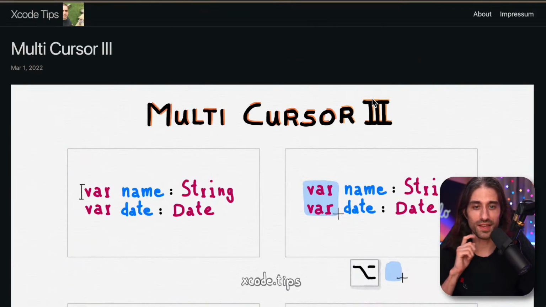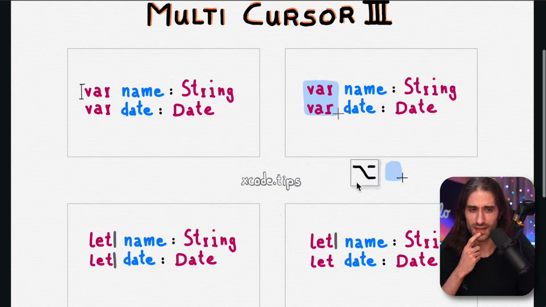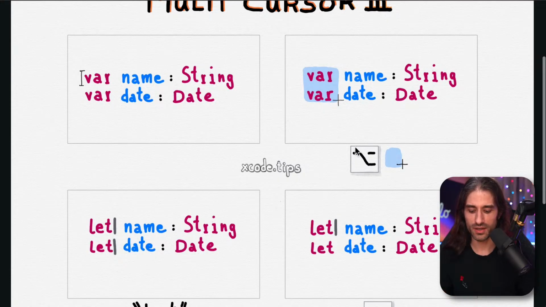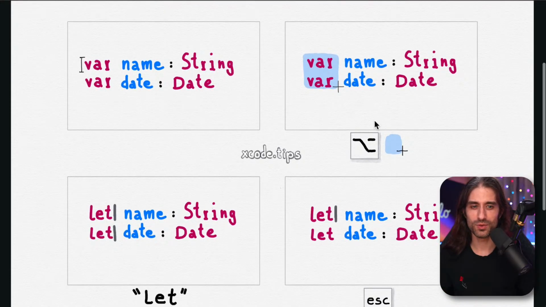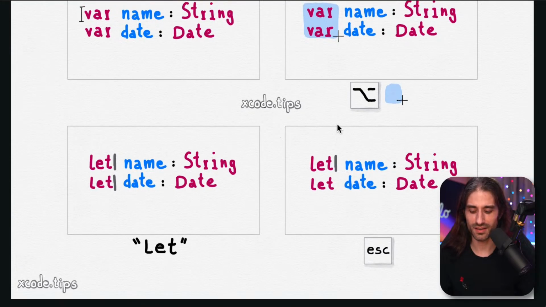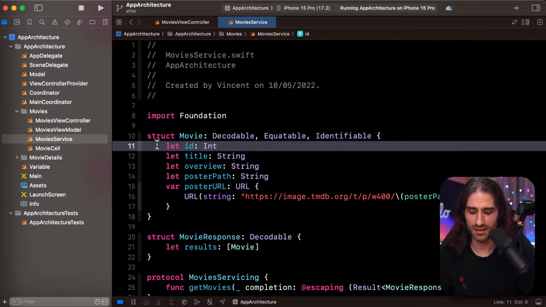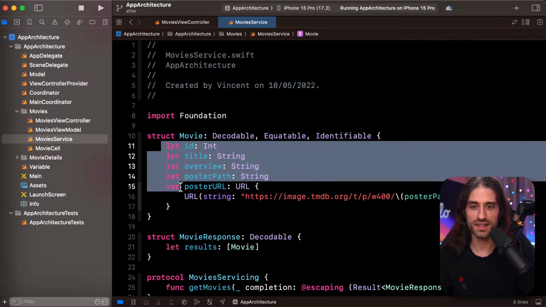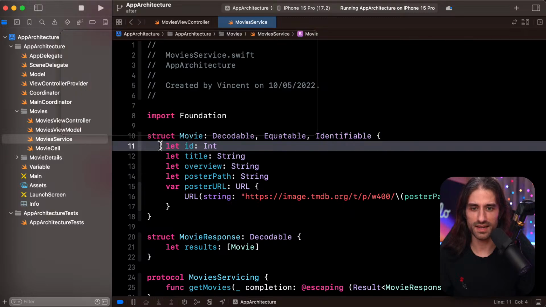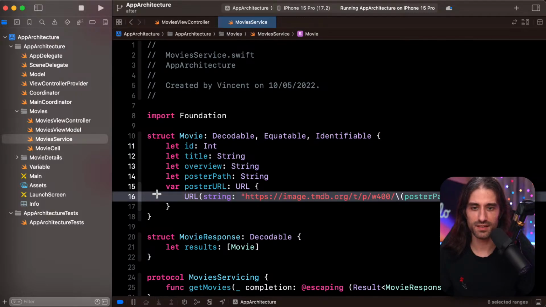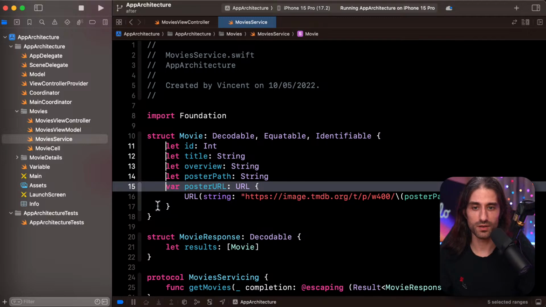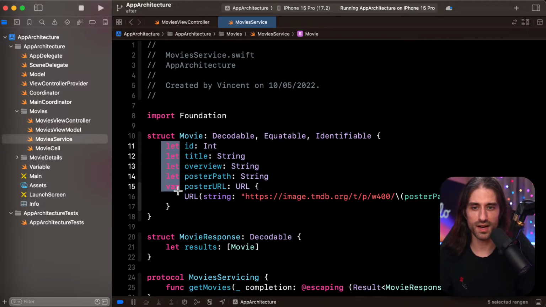Next one is multi-cursor, the third one. So this one is what? It's Option, and then you select an area. Okay, so let me go back to Xcode. For instance, here, I do Option, and then I select like that. So wait, you do it like that. Okay, so you can do it vertically. That's good to know. But the other one was to go over like that. And then once you've done that, what can you do?